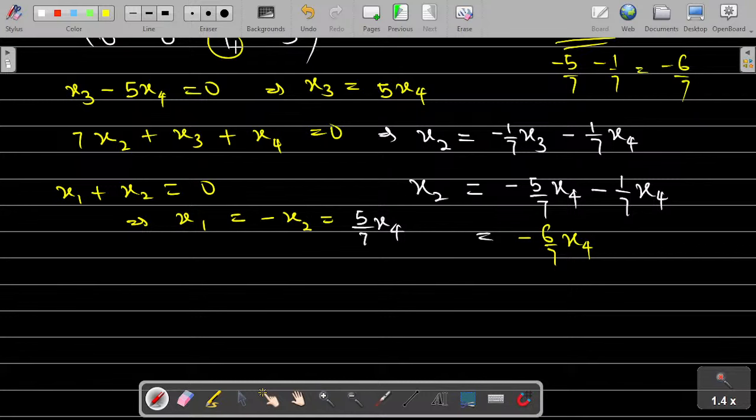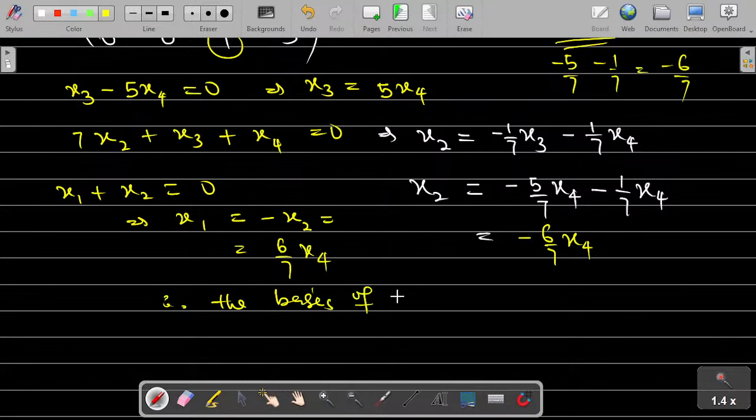So which means that this one also will change. So our x1 will become plus now. So plus 6 over 7 x4. And immediately, you don't even need to form our long solution set. But if you want, you can form it. But you can immediately bring out the basis. So the basis